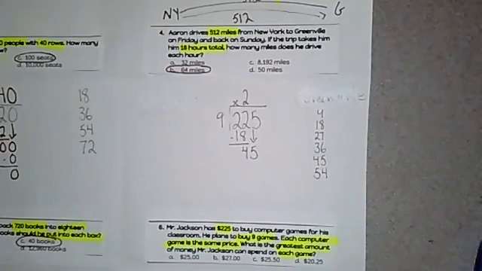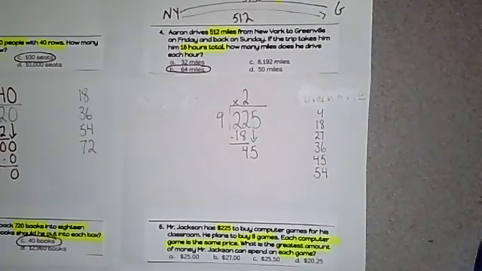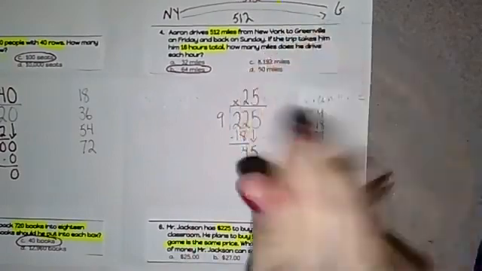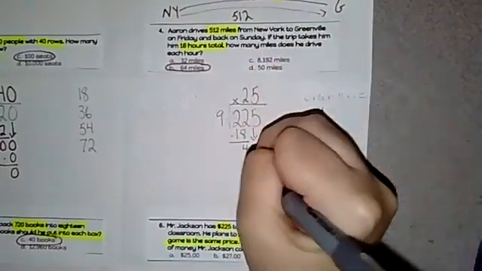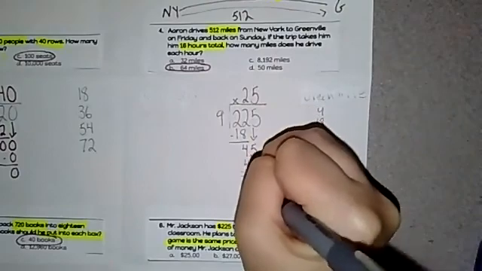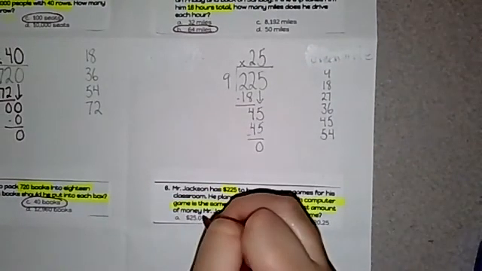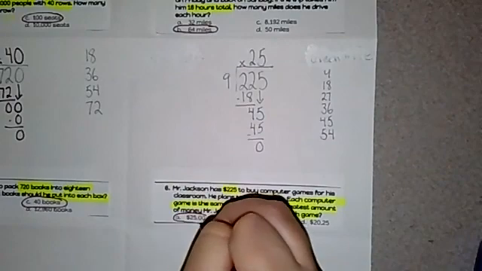Colt, how many 9s are in 45? 5. 5 times 9 is 45, and when you subtract, you get a 0. All right, so there is my answer. My answer is 25. So how much can Mr. Jackson spend? $25 on each. Okay, and I'm going to pause this and we're going to do a